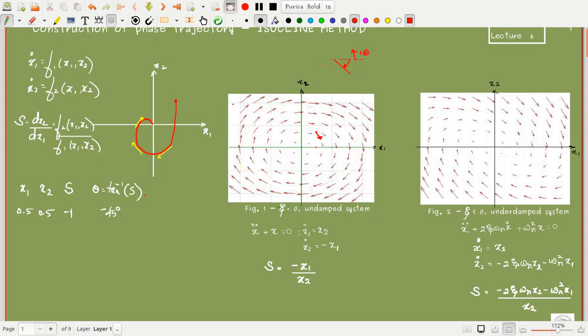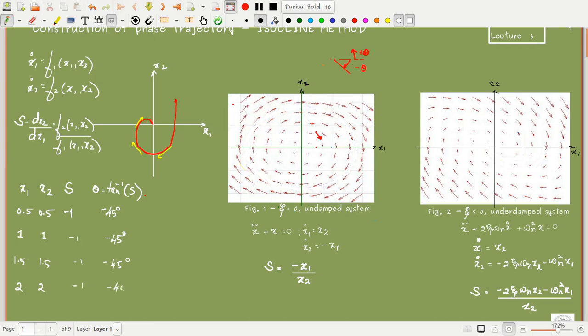If it is in the negative direction, it is minus theta. Okay, so I have drawn it in the negative direction. So if I take another point (1, 1) in the space, it is again minus 1, and also minus 45 degrees. I'll take another point (1.5, 1.5), again it is minus 1, minus 45 degrees. Then I take some other point (2, 2), again minus 1.